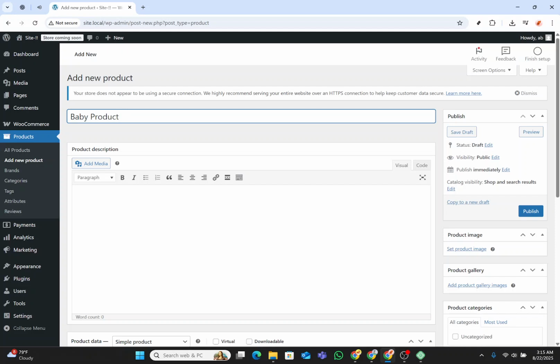And there you have it. You've learned to quickly and effortlessly add a product title in WooCommerce. As you continue to add more products, keep in mind that a clear and enticing title can make all the difference for potential customers browsing your store. This straightforward